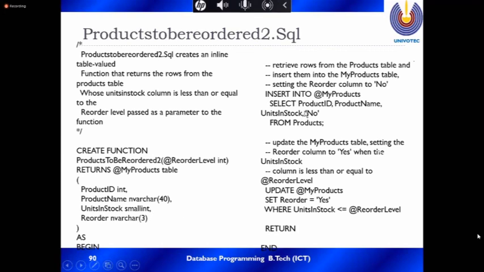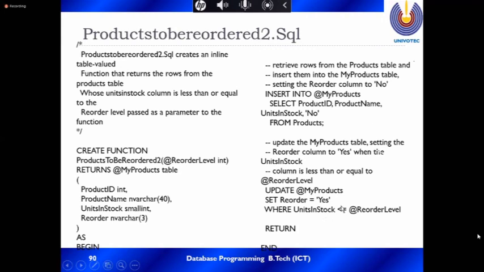First we want to put that reorder is no. Then check the condition: if you set the reorder as yes, units in stock less than or equal to reorder level. In that particular table, the product table has the reorder level.